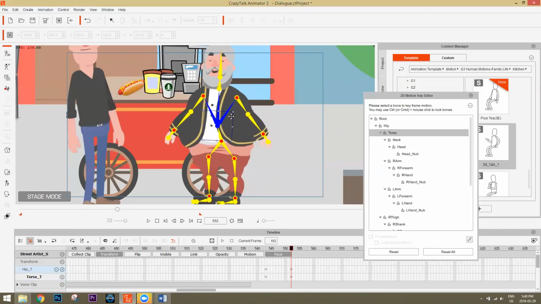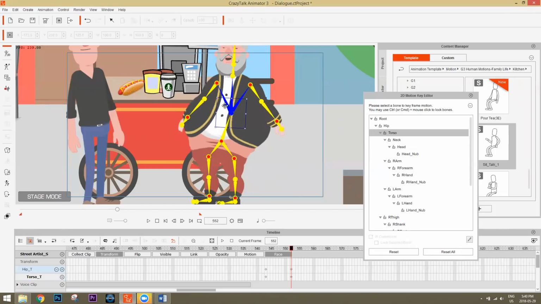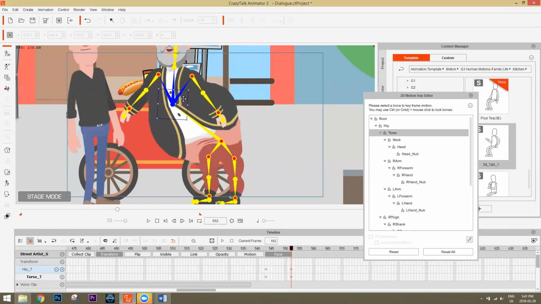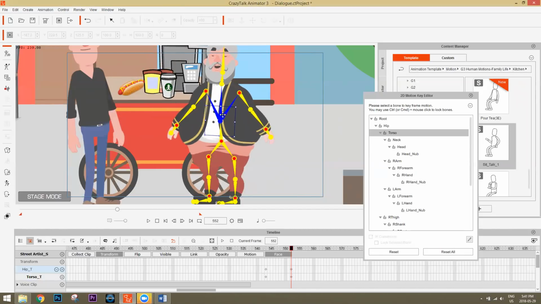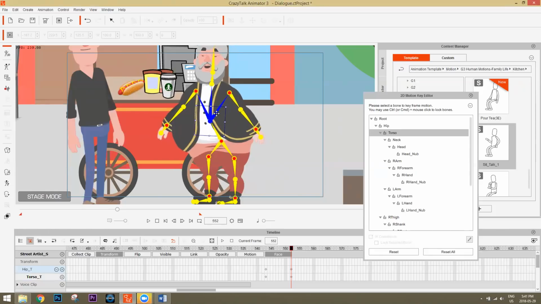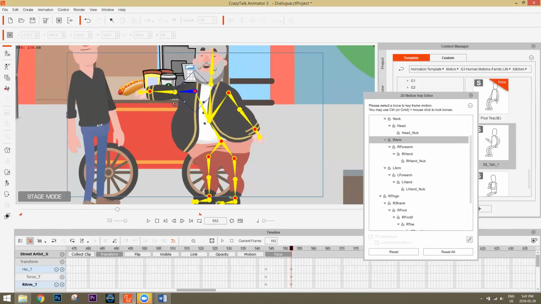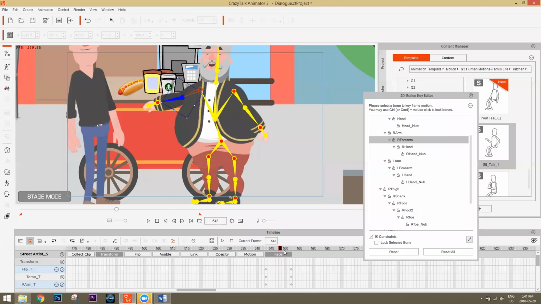If we move the chest bone, you can see we can do a movement like this. We can have him stretch out like that to maybe grab it with his mouth or something if we wanted to, but obviously that's a little extreme. We wouldn't want to do that. But let's go ahead and move his chest bone a little bit over here. We'll take his right arm and rotate it like this. And there you go, he looks like he's grabbing the hot dog. Good enough for me. Bring it down a little bit and have his forearm a little bit up like that. So from this keyframe to this keyframe, he's reaching out to grab the hot dog. All right, pretty simple stuff.